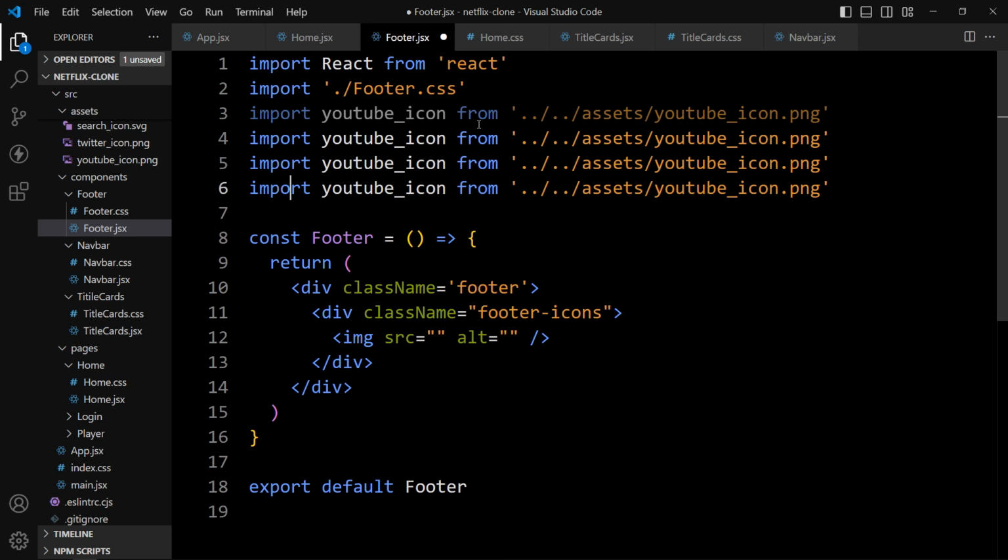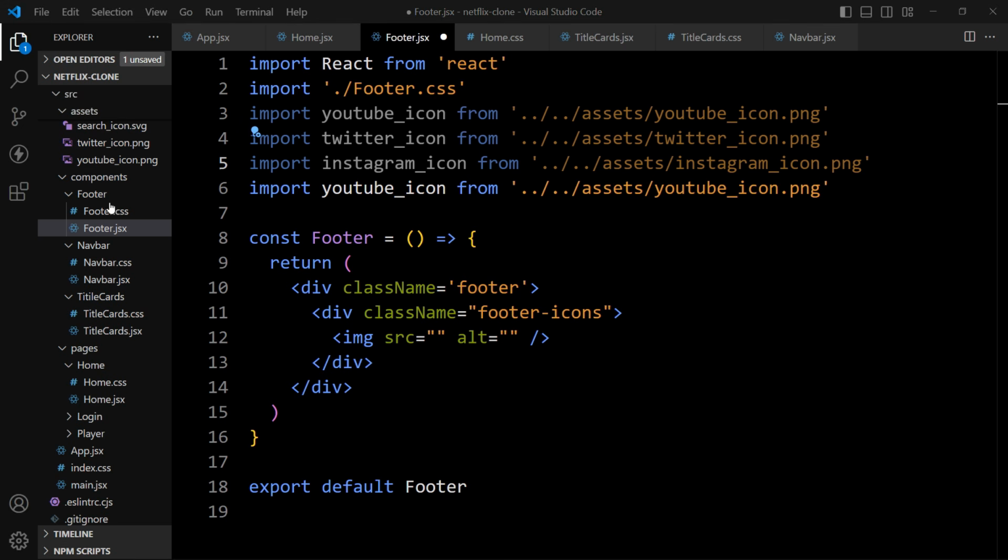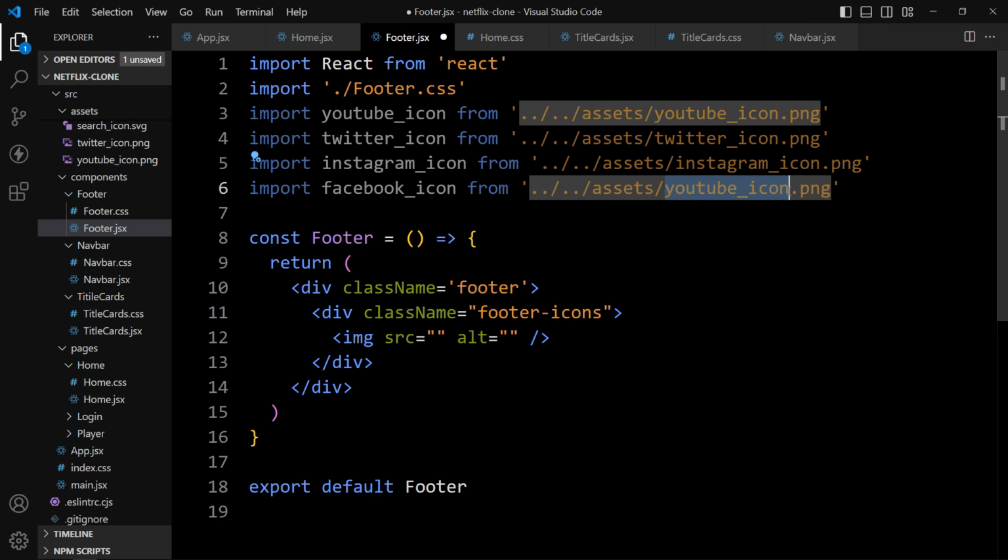Let's duplicate it and update the text. This is Twitter icon. Then we have the Instagram icon in the assets file. So import the Instagram. Then we have the Facebook icon. So import the Facebook icon from assets folder.